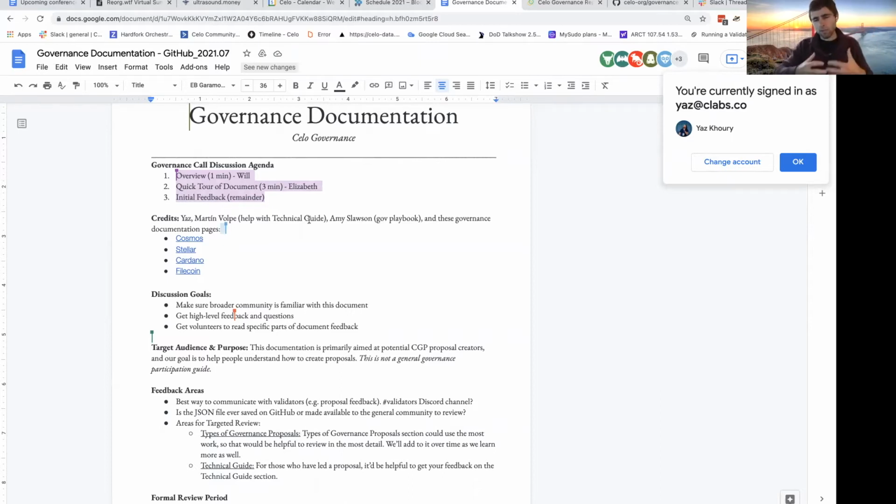The goal of the documentation is to help potential CGP proposal creators understand how to create proposals. So it's not necessarily a general governance participation guide. The target audience is CGP proposal creators.